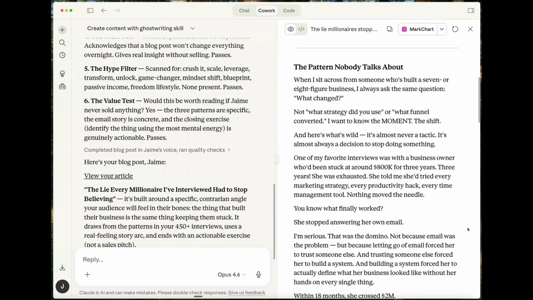Ooh, this is actually good. Not that I'm surprised, but I've hired a lot of ghostwriters in the past. But thankfully, this actually has a lot of context, even without the millionaire interview pieces. But I'm pretty impressed. Now, I'm sure I could tweak it a little bit,